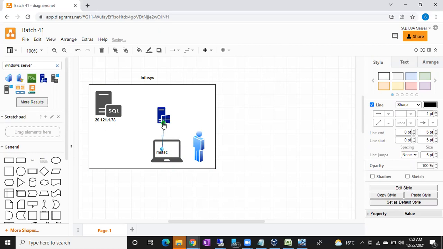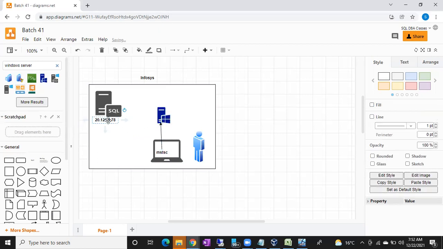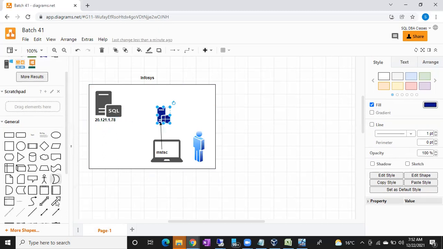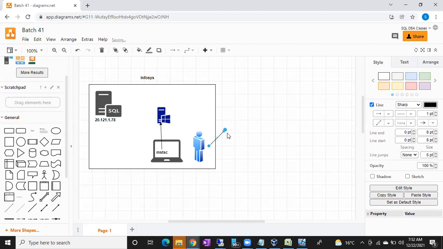Instead of giving the direct server IP address, some companies will follow like this. Because of security issues, instead of connecting to the server directly, we have to first connect to one intermediate server. From this server only we can connect to the jump server, and from this jump server only we can connect to the actual server.